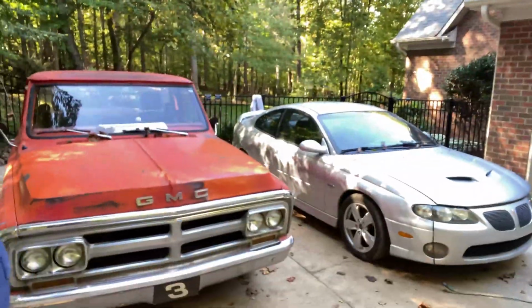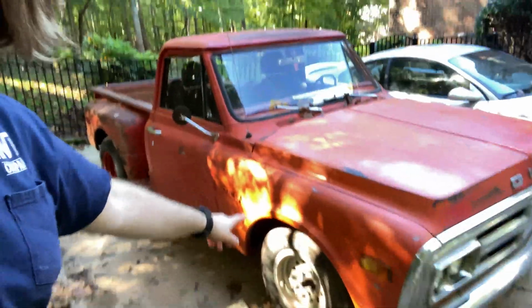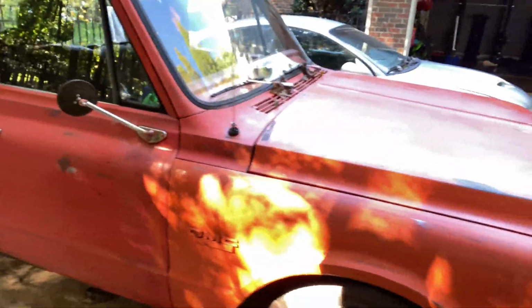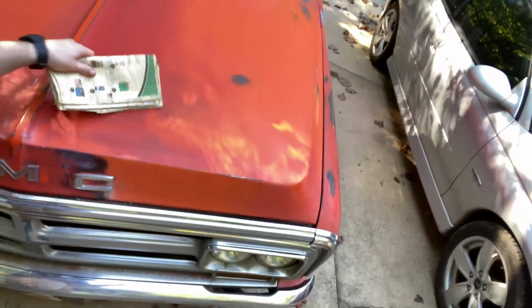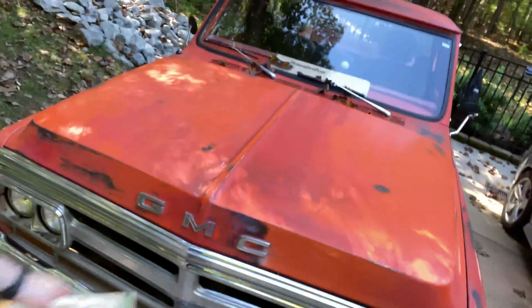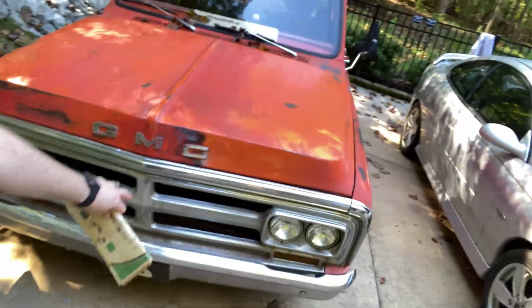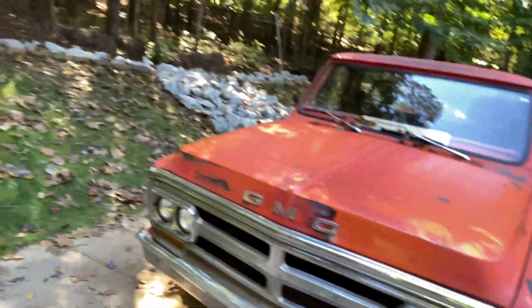I messed up a little bit right there. I gotta take that lever off and go back and fix it. So yeah, we're matched on this side. The lighting's a little weird, but yeah, we're matched here. On that side, still gotta fix that emblem up. Done on the front. All the overspray was taken off there. So we're gonna let that dry. I might sand it down a little bit on the edges, get it to match, come back, fix this up a little bit. But all in all,